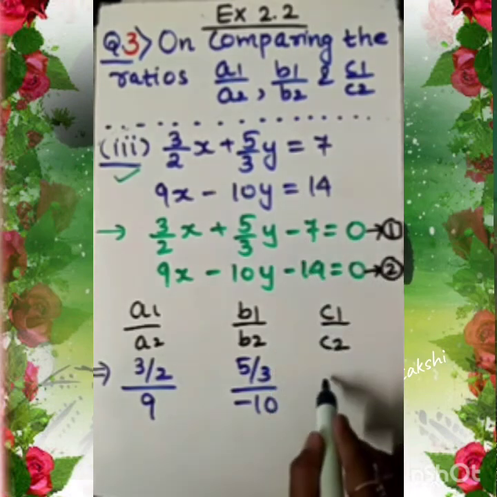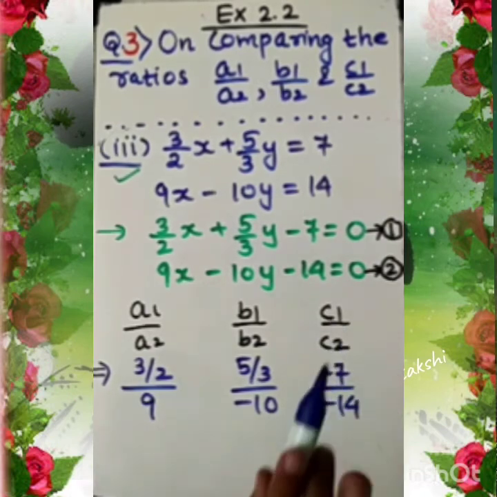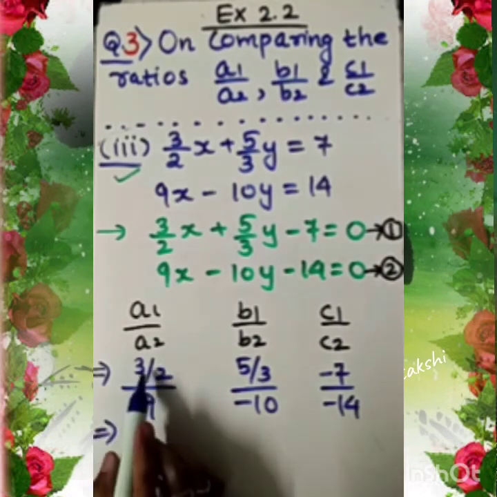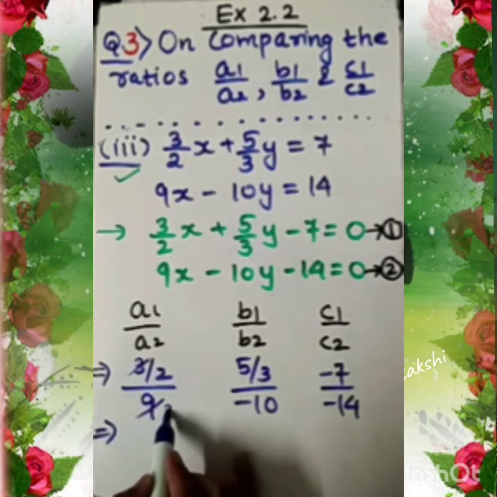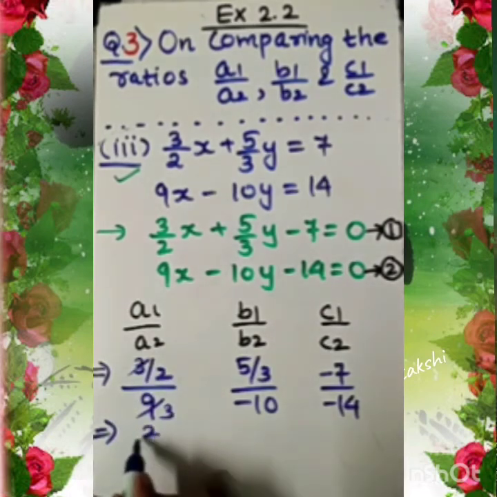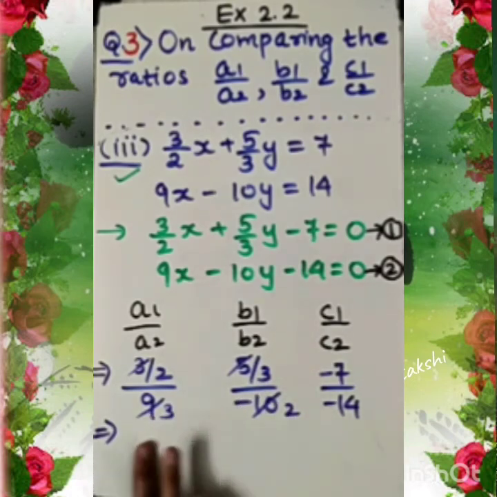So next, C1 by C2 also, let me mention it and let's check. If it is not useful, then we will remove it. Now, how to go with that? As we know, 3 by 2 upon 9, so this is the numerator and this the denominator, so it will be 3 here. So the simplification of this will be 2 by 3. Same procedure here, 5 by 3 upon minus 10. So I will have this in the denominator, I can consider the negative sign in the numerator. But here this is the denominator and this is the numerator. Okay, I need to correct it. I made a mistake here, I am correcting.